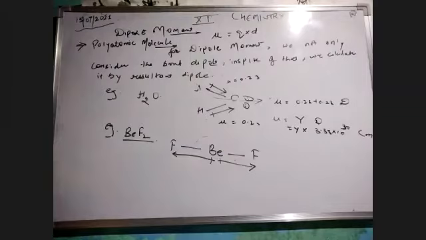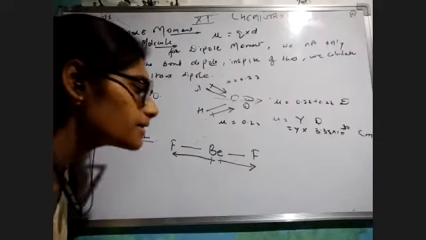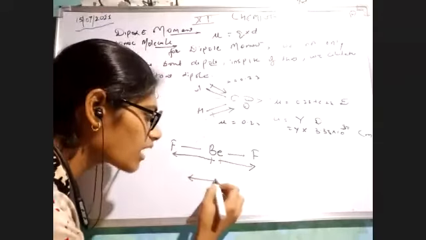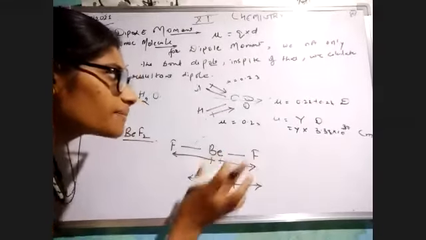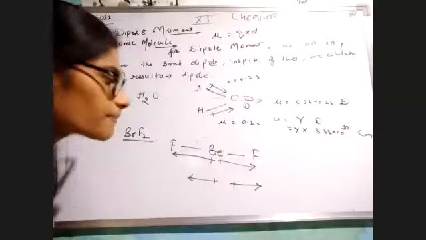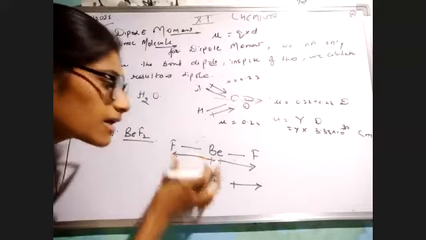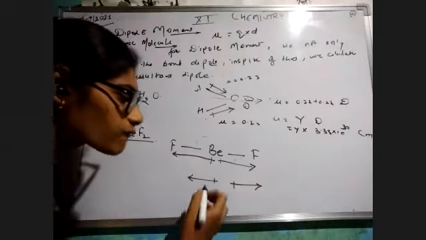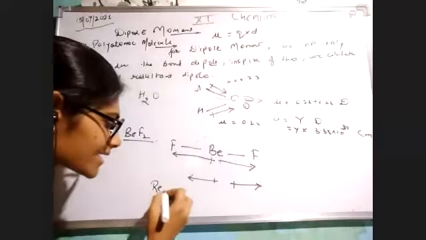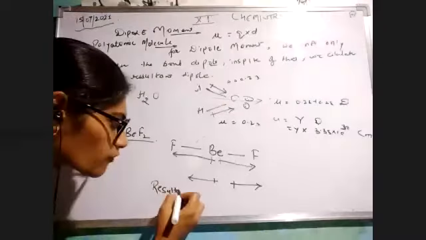Okay. Now, if this is happening in this particular case, तो हमारा resultant dipole moment क्या रहेगा भाई? These both are of the same magnitude क्योंकि beryllium fluorine का जो dipole moment है वो same रहेगा, यहाँ पर भी same रहेगा. They are both in the opposite direction. So what would be the resultant dipole moment? It would cancel out each other and the resultant dipole moment would be 0.